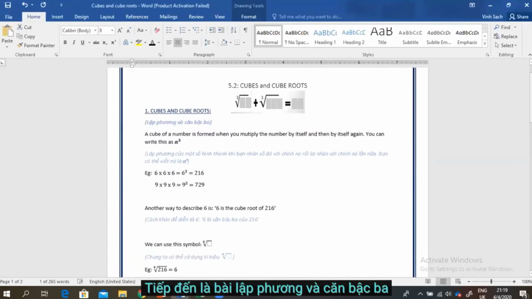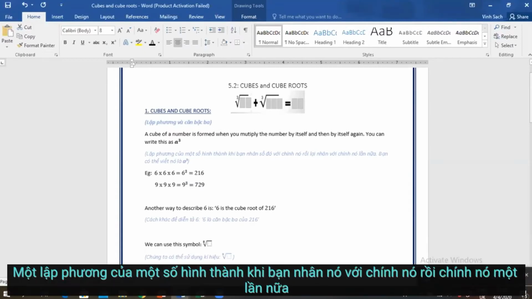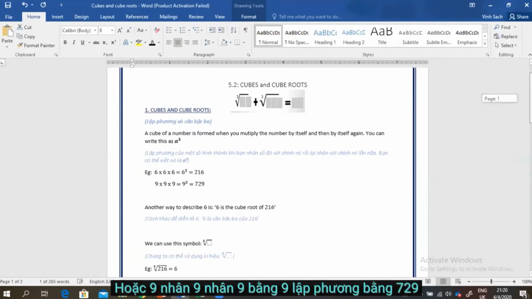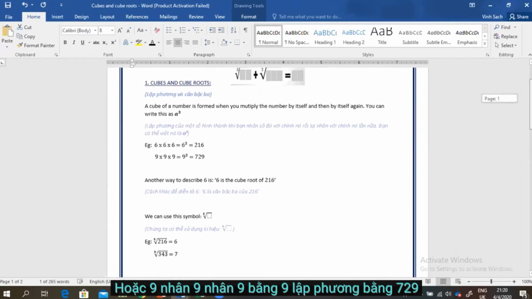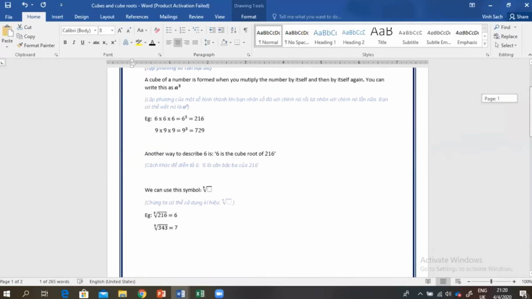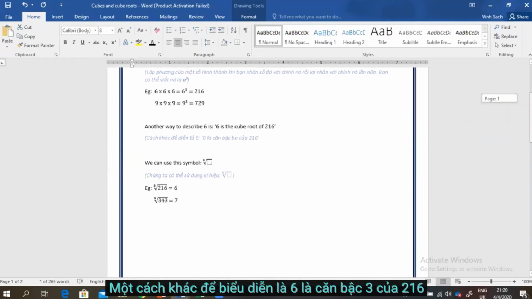Okay. We'll move to cubes and cube roots. First is cube. A cube of a number is formed when you multiply a number by itself and then by itself again. We have some examples like 6 times 6 times 6 equals 6 cubed equals 216, or 9 times 9 times 9 equals 9 cubed equals 729. Another way to describe 6 is the cube root of